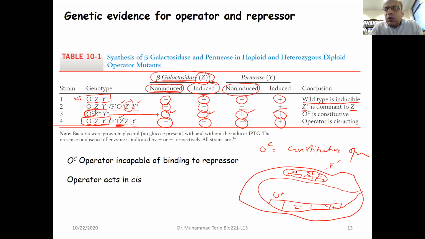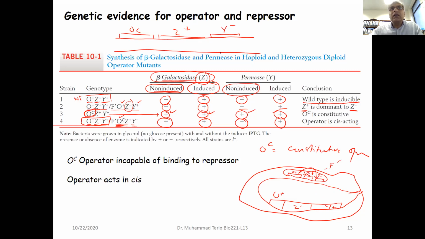which means this OC, this constitutive operator, is only acting on or effective for the genes which are next to it on the same piece of DNA. Same piece of DNA: OC, Z plus, Y minus. The other piece of DNA is the chromosomal DNA. The chromosomal DNA is O plus, Z minus, and Y plus. So this constitutive operator is only helping this one. It's not helping this one to be constitutive. This one will only be on when lactose is added in the media, or IPTG is; this wild type operator will become induced, and Y will be on,